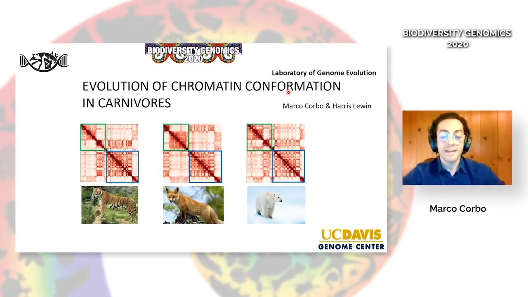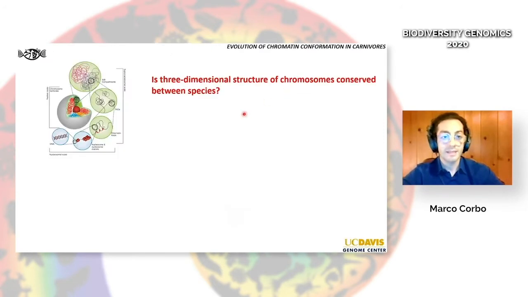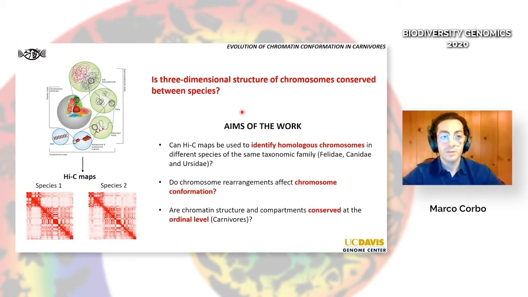Hello to everyone, I'm Marco Corbo, and today I'm going to talk about the evolution of chromatin conformation in carnivores. The genome is organized in three-dimensional layers, so we wonder whether the three-dimensional structure of chromosomes is conserved between species. To answer this question, we ask whether Hi-C maps can be used to identify homologous chromosomes in different species of the same family, whether chromosome rearrangements can affect chromosome conformation, and whether chromatin structure and compartments are conserved